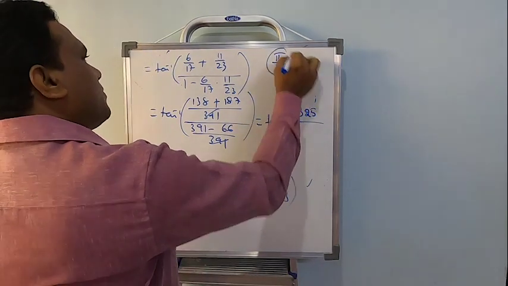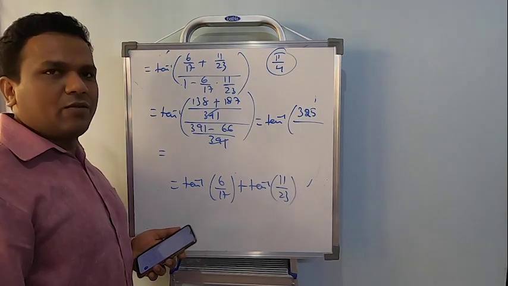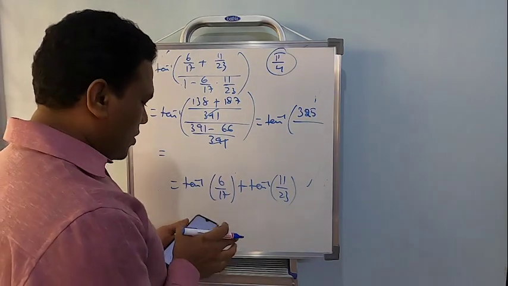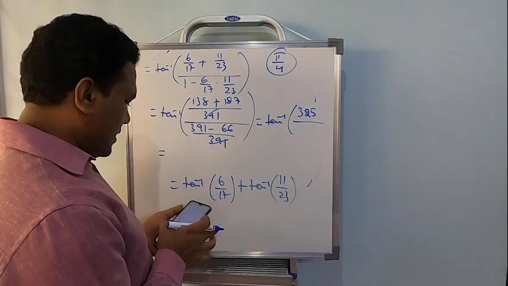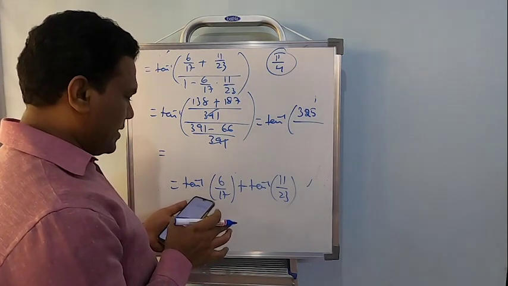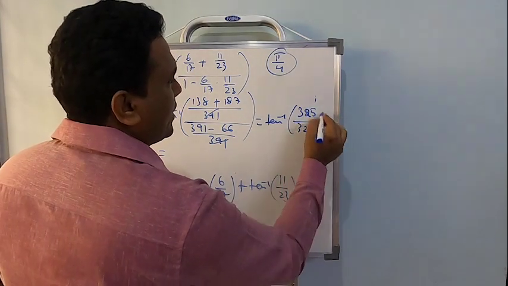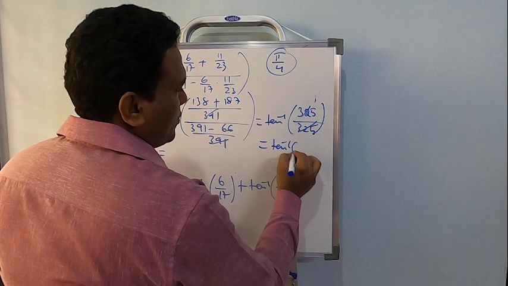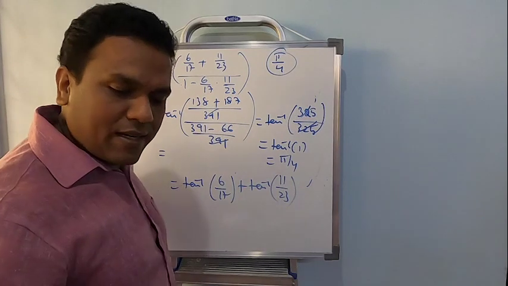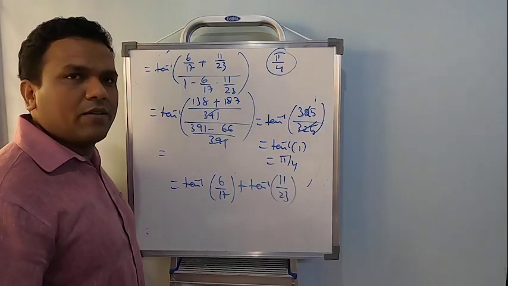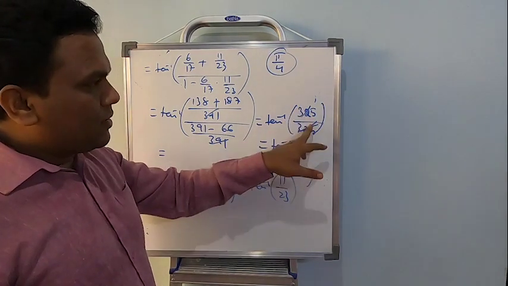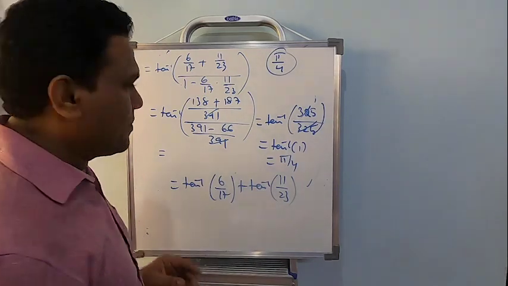Remember, your required answer was pi by 4, right? And to get this, I should get tan inverse 1. That is the hint. Okay. Now if not, then it just shows the simplification is wrong. So we should just check once again. 391 minus 66. Of course, this is going to be 325. Eliminate this. Tan inverse 1, and tan inverse 1 will be pi by 4. So depending on the right side, I can check whether I went wrong somewhere. Okay, because to get pi by 4, the last but one step should be tan inverse 1, and to get tan inverse 1, these two terms should get eliminated exactly one time. Okay.